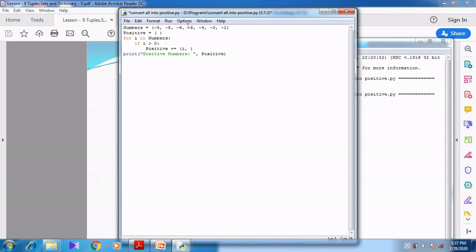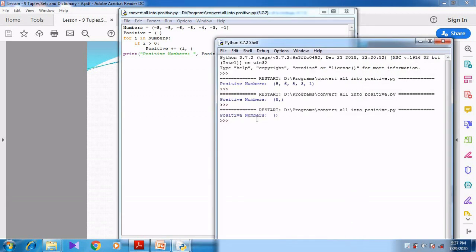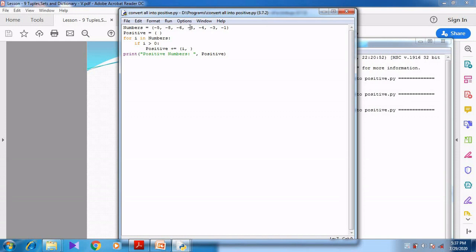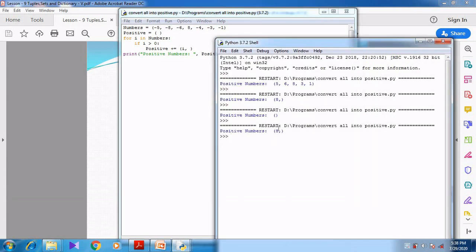I can change all the numbers to negative. When I press F5, now what it shows? Empty tuple. It shows empty. For example, if I leave 8 alone, I have just given only one positive number, 8. Now after saving this, when I press F5, now what happens? It shows only the one element.